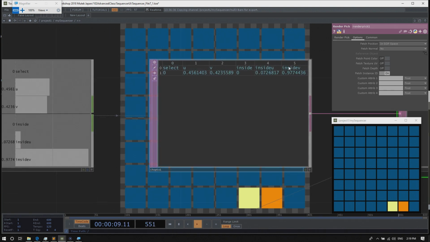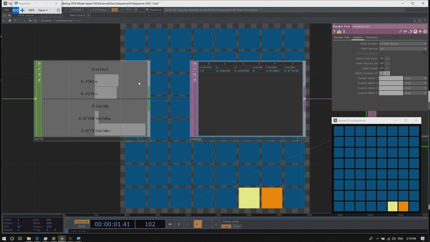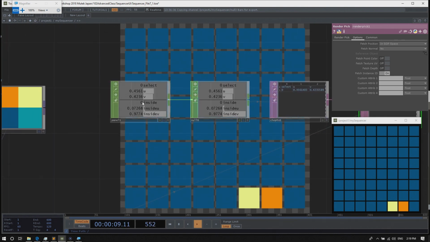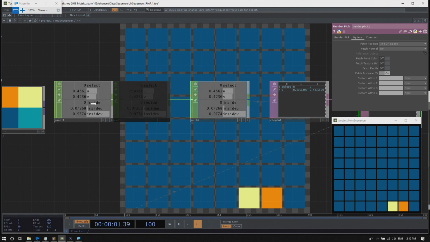So I need to split this up or combine these channels so that they can be displayed as rows in the DAT too, which we can do with a shuffle CHOP again.